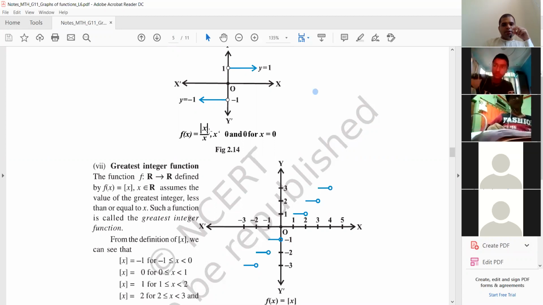So if x is negative, what can you write for mod x? We just studied the modulus function for positive x, where we write x. Positive x is the same. If x is negative, what do we need to write to make mod x positive? For x negative, mod x is equal to -x. Because x is negative, if you put a minus in front, the value becomes positive. Mod x is always positive, so positive cannot be equal to negative. So if I write mod x equal to x for x negative, it cannot be equal. So you have to write mod x equal to -x for x negative.